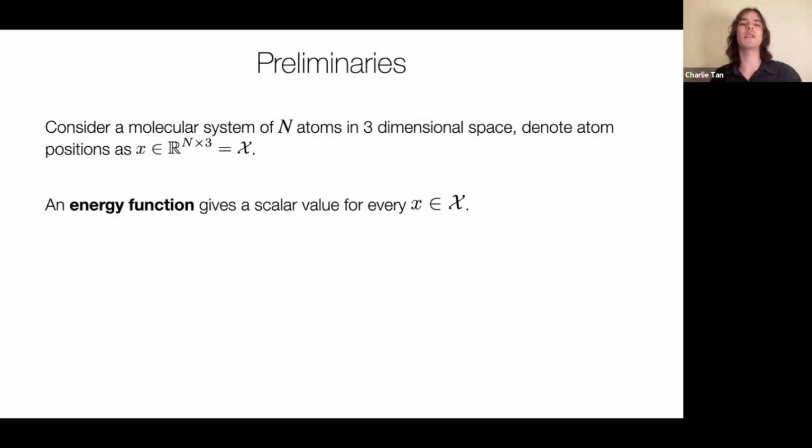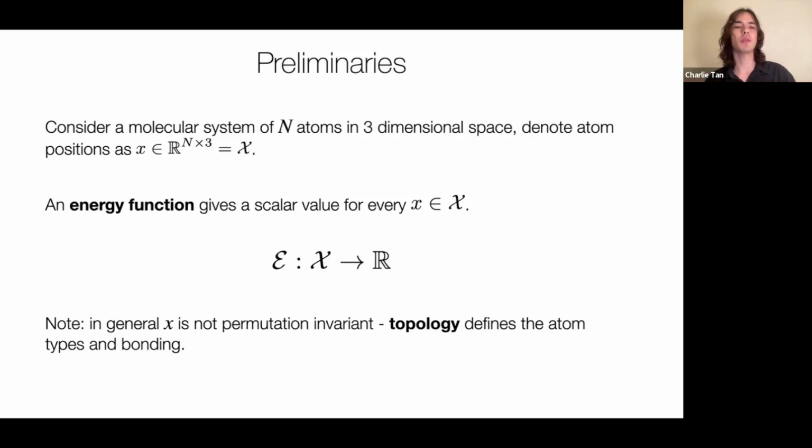Given this definition of a molecular system, we can define an energy function such that for every point cloud or conformation x, we get a scalar value. This tells us some physical behavior or physical properties of that state. It's important to note that in general, x is not permutation invariant. It's not a true point cloud. There's a topology, and this will tell you the atom types of each atom index and the bonding taking place between them. And so the energy function is going to be some approximation of physical behavior,